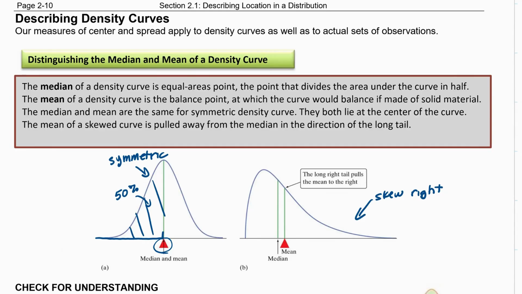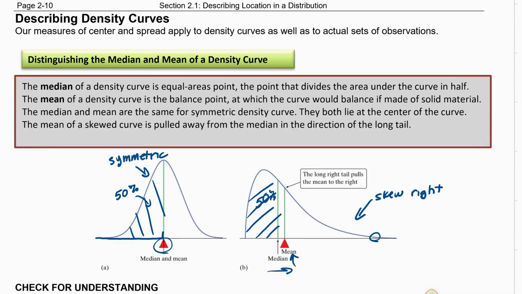Now, if we have a distribution that's skew, it doesn't change the definition of mean and median, but it does change how they end up appearing in our distribution. The median still represents the 50% line. 50% of the data is on either side of that line. But we know that the mean reacts strongly to the presence of outliers and skewness. That the data points here pull the mean